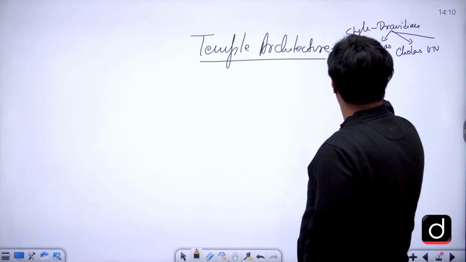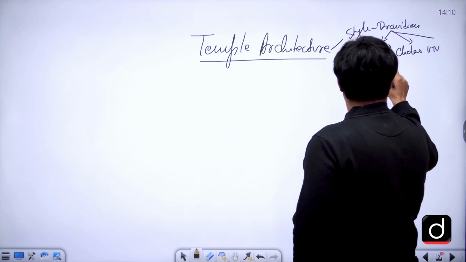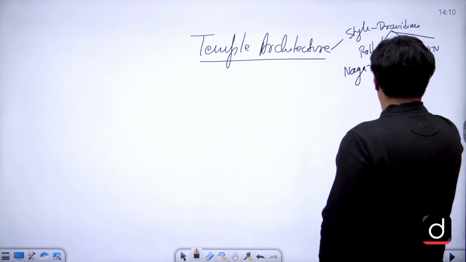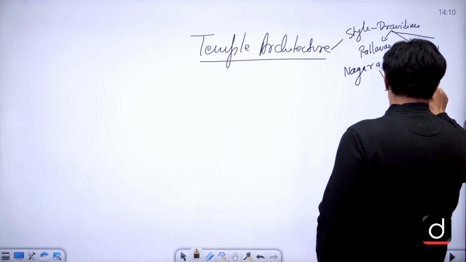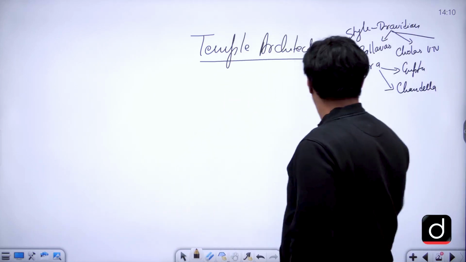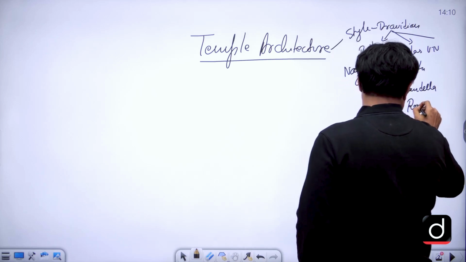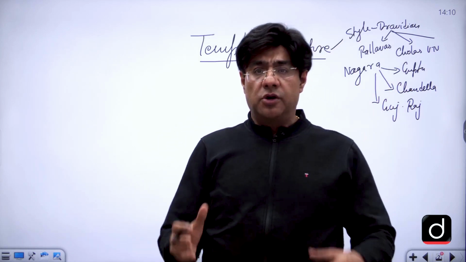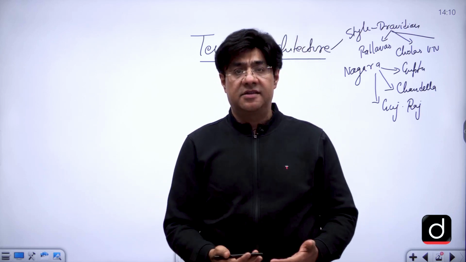Then another major style is Nagara or Nagar Shaili. Now here, one variation we find is in the Gupta period. Another variation we find of it in the Chandela temples. One more variation of this we find in the temples of Gujarat and Rajasthan. You might have heard about the temples of Dilwara, Mount Abu. So temple architecture, to study them, we can do through its styles.